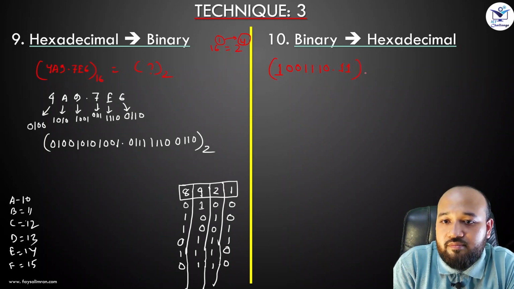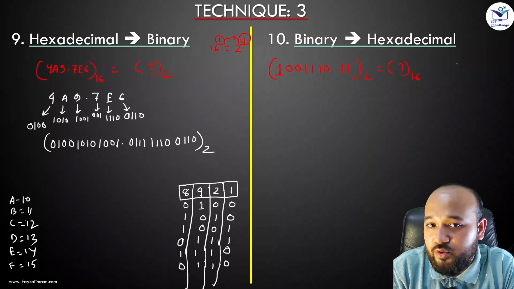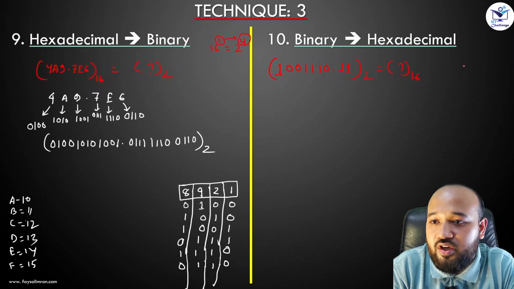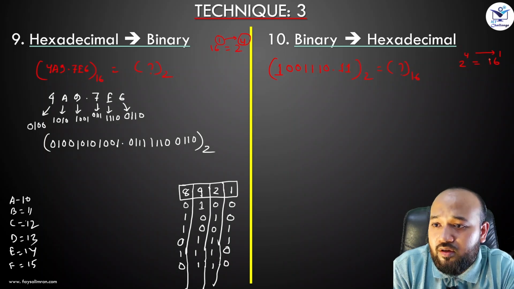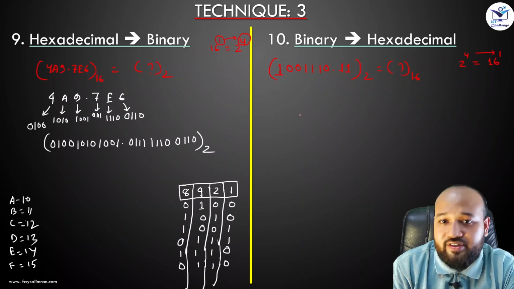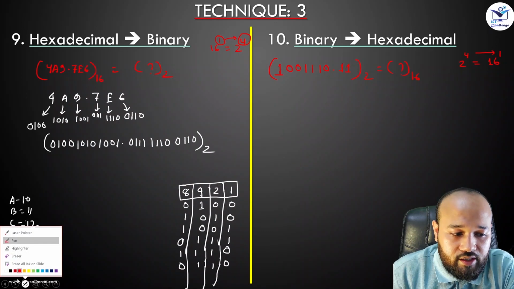This is the binary and we have to convert it into hexadecimal. So if we don't know the rules, we have to create the rules. Here 2 is the base of binary and we have to go to hexadecimal, so the power will be the 4 and here 1. So that means 4 bits of binary become 1 bit for hexadecimal, right? So here we write again